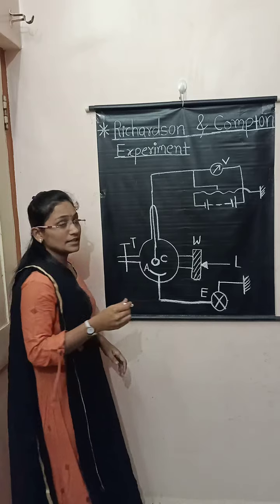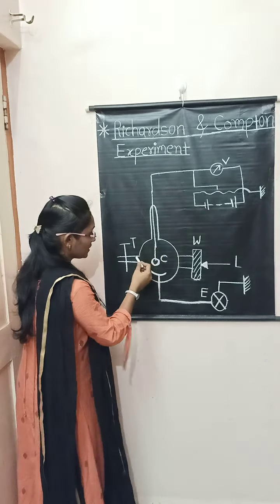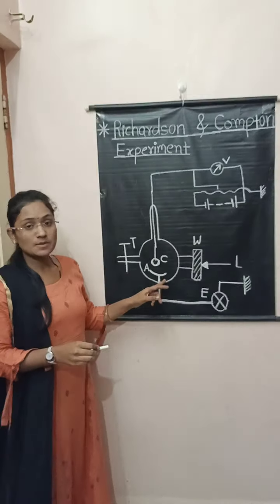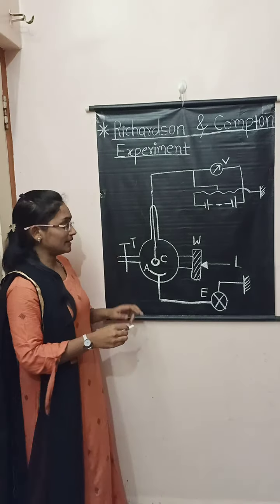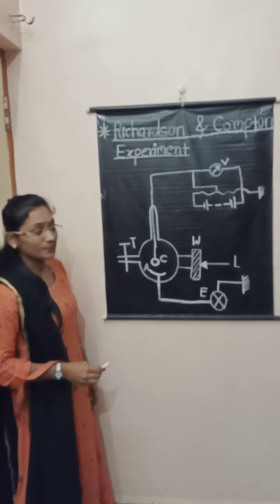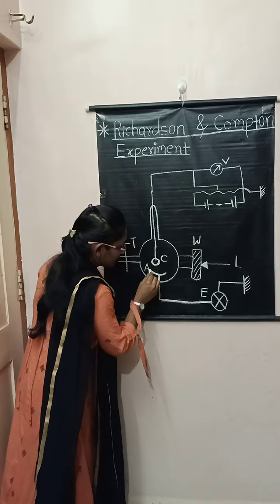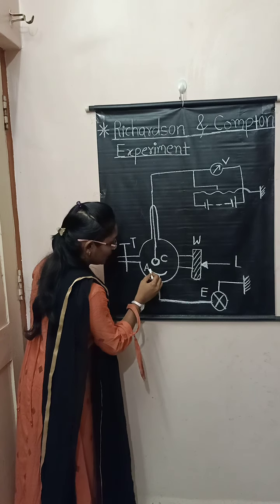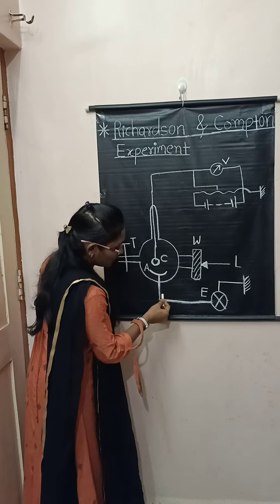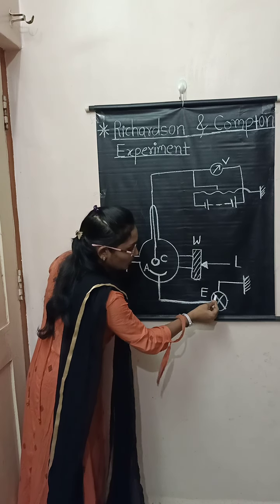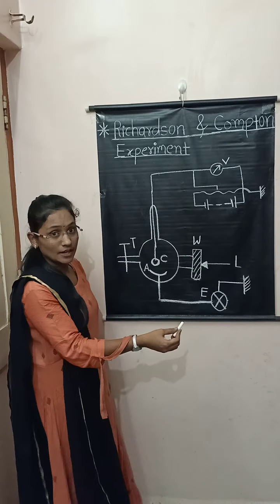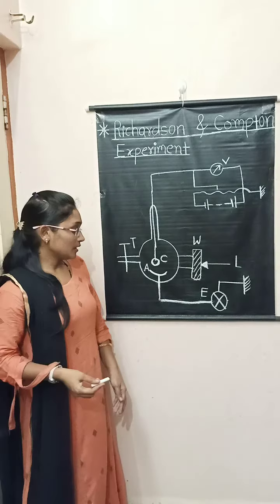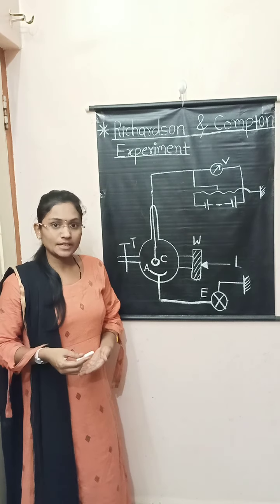Okay. And this spherical glass bulb is connected to the tube T. The bulb is totally evacuated through this tube T. After that, look here. This is A. A stands for anode. This is used as the anode, and this anode is connected to this electrometer E. This E stands for electrometer, and this electrometer is used to measure the photoelectric current.